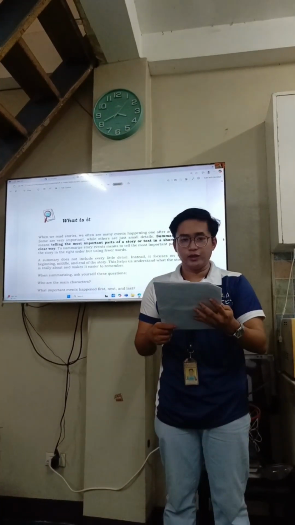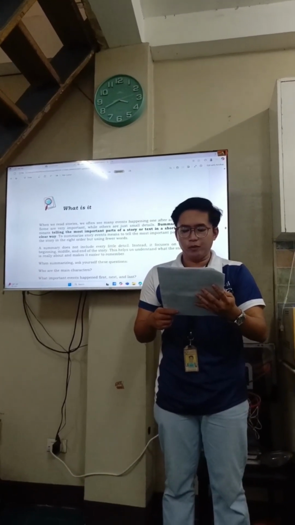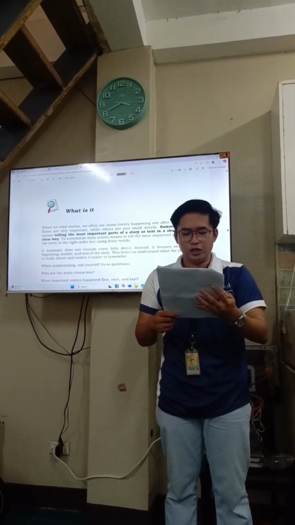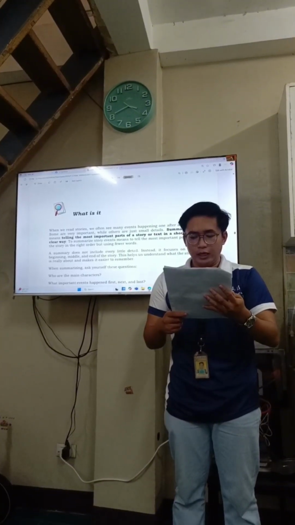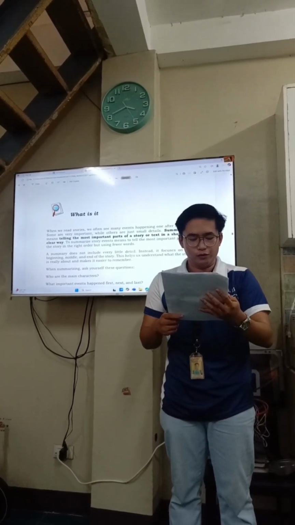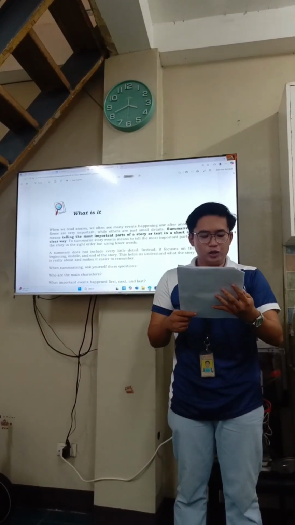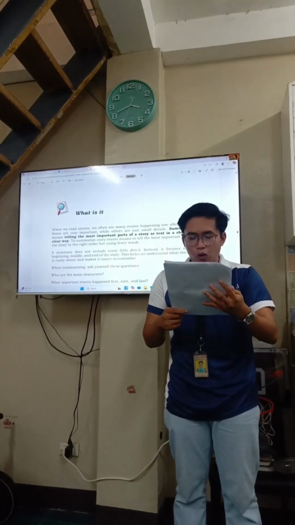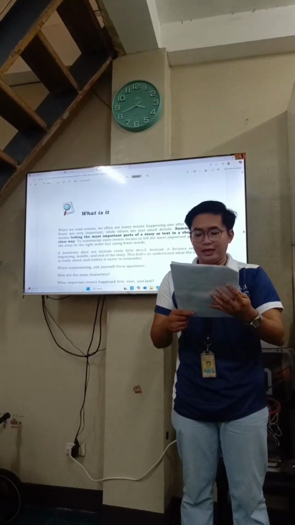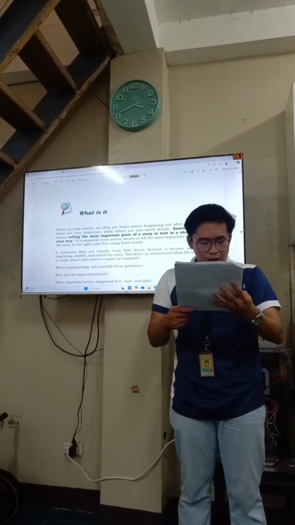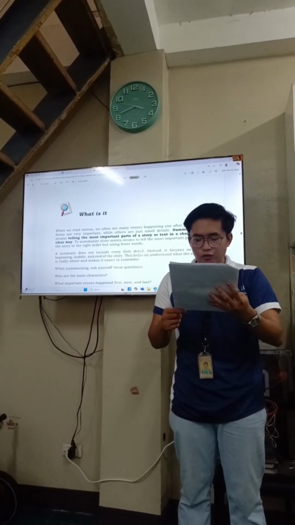After the predicting activity, elaborate and discuss what summarizing story events means. Use the example and explanation in the What Is It section of the module. Summarizing means telling the most important parts of a story in the right order but using fewer words. Throughout your discussion, apply the questioning stage of RTS. Ask guiding questions such as, who are the main characters in the story? What important events happen first, next, and last? How was the problem solved? These steps help learners analyze the sequence of events and understand the structure of a story.